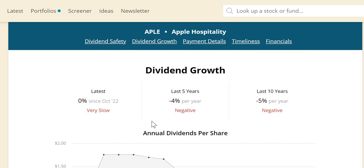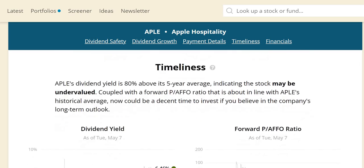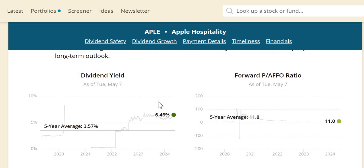Now this one, whilst it does have a yield of over 6%, we do note they haven't increased in some time, with over the last 5 years a negative 4% and over the last 10 years negative 5%, something just to consider. In terms of looking then at dividend yield theory, what we can see here is a strong sign